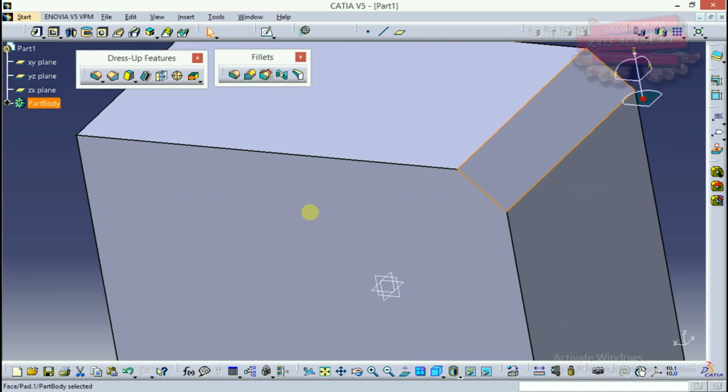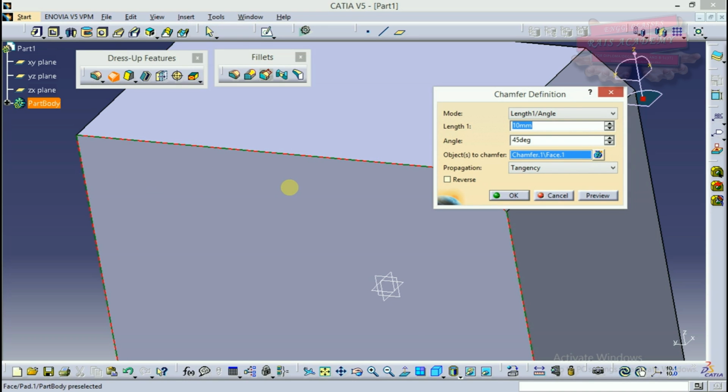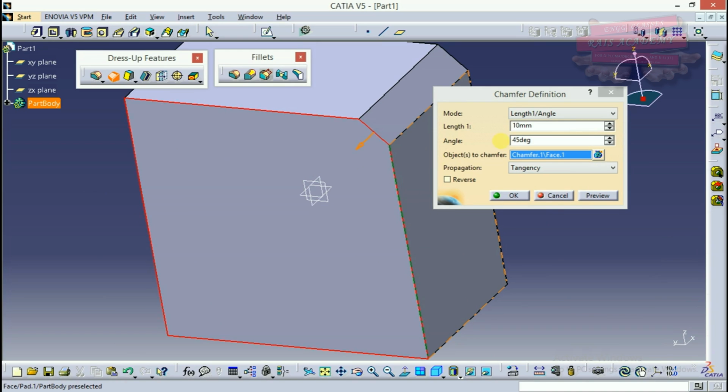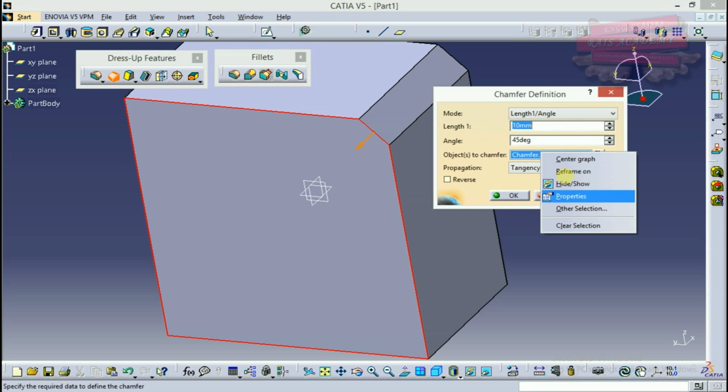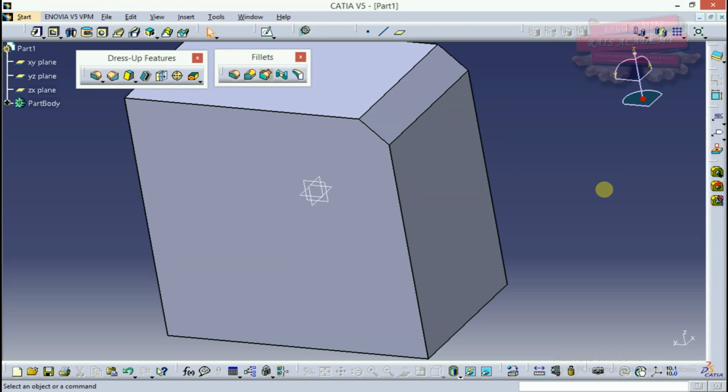Now suppose I want to chamfer this particular edge. I'll click on chamfer. I have selected the edge. Because of the tangency, it has selected more, so I'll deselect it. Instead I'll select this face. Preview.